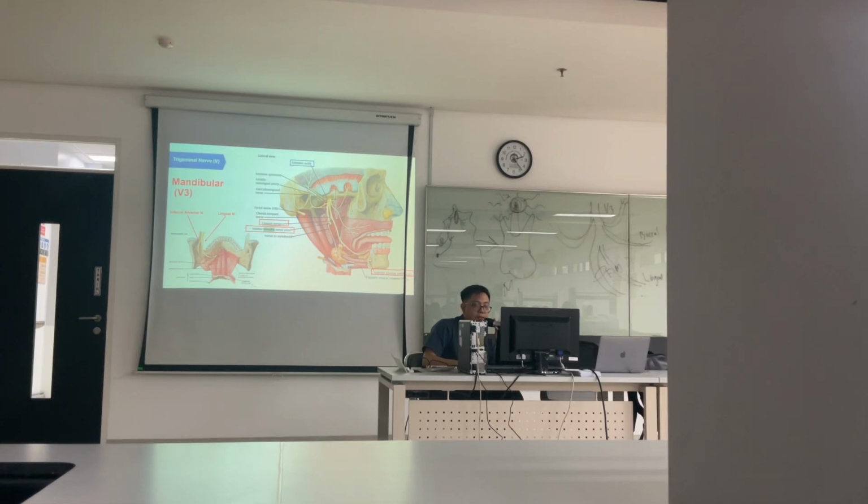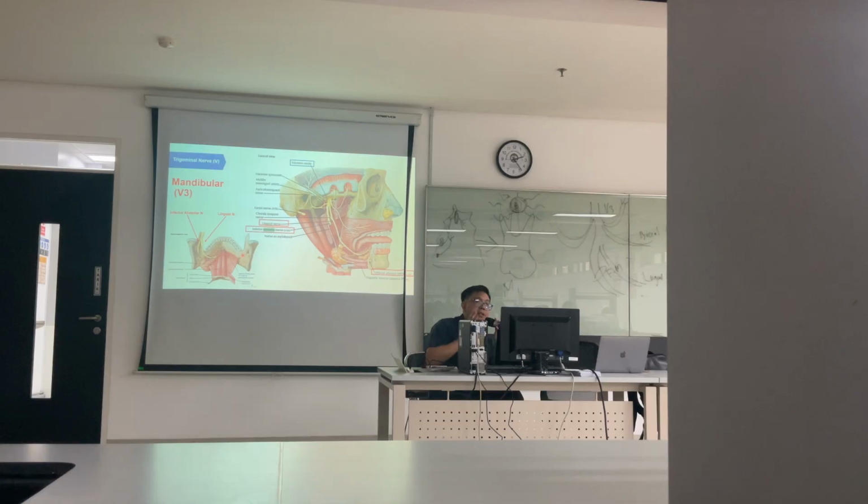Okay? So this is important, because when you want to extract or remove a mandibular tooth, you cannot anesthetize from the front, especially from the ramus, because the corpus of the mandible is very thick. So the anesthesia cannot penetrate the bone of the mandible. So you need to anesthetize this side using the needle. Okay? The needle should be in this direction.